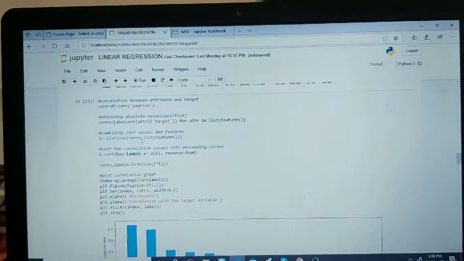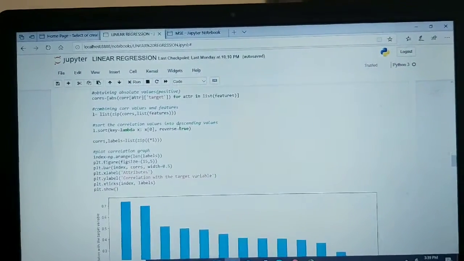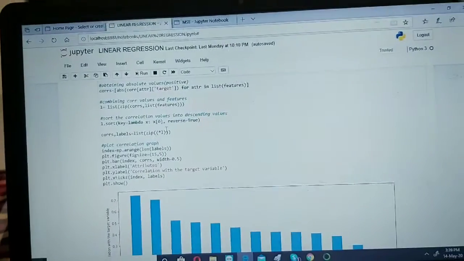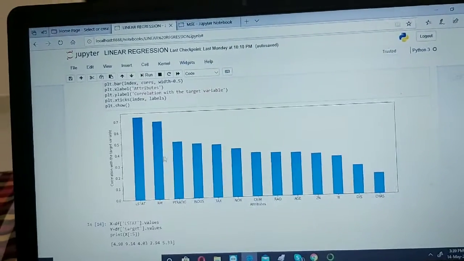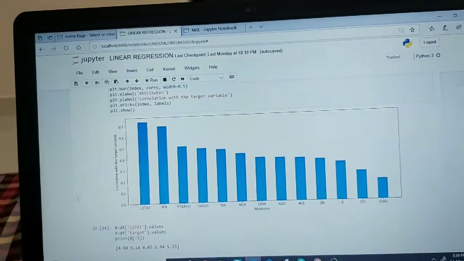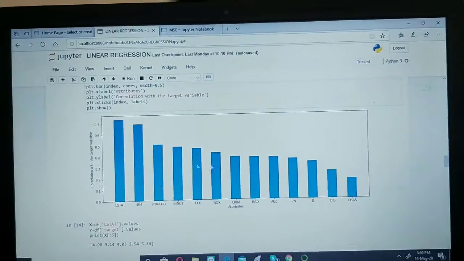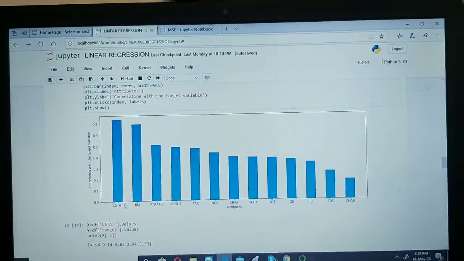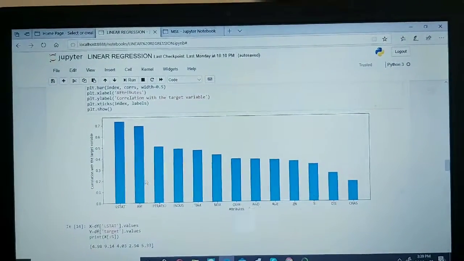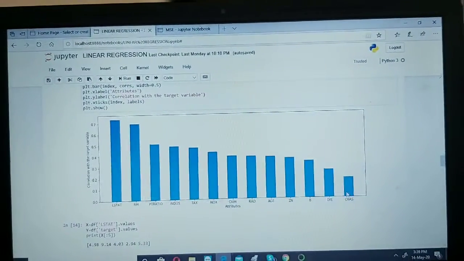Then we'll zip the features and the values, sort them in descending order, and plot the correlation graph. We defined the x-axis as attributes and y as correlation with the target variable. We can see the maximum correlation is between LSTAT and the target, the second most is RM, and the least correlation is CHAS.